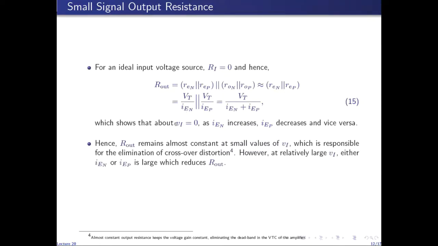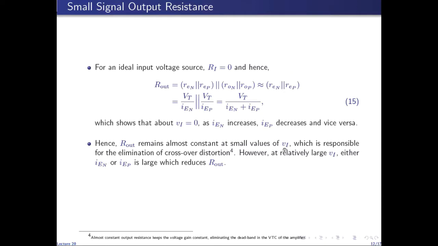Around Vi equal to 0, around the origin of the VTC, as IEN, for example, increases, then IEP will decrease. So this will keep the denominator almost constant. On the other hand, if IEP increases because of the swing of Vi in the negative direction for small values, then IEN will decrease, which will again keep this denominator almost constant. So this R out remains almost constant for small values of Vi